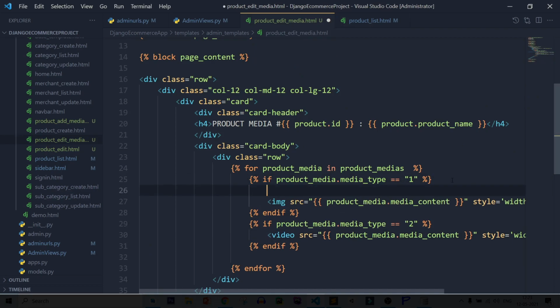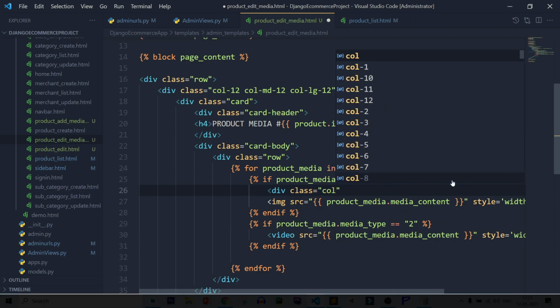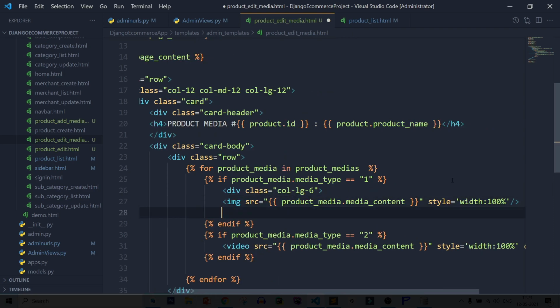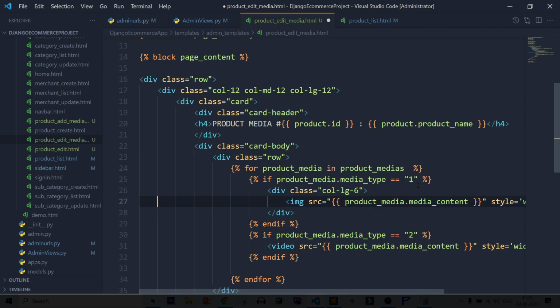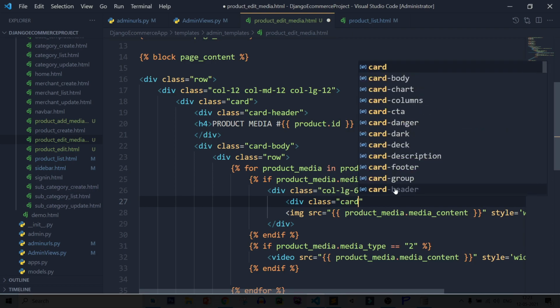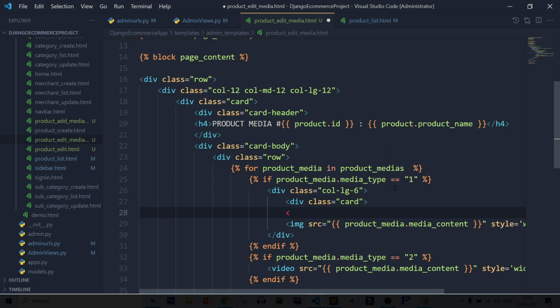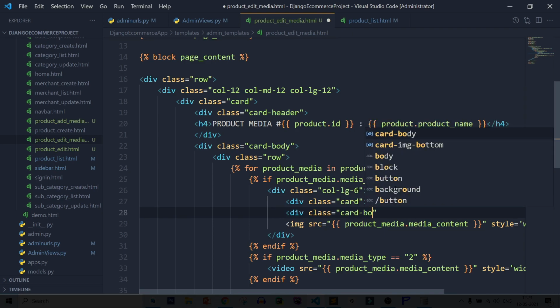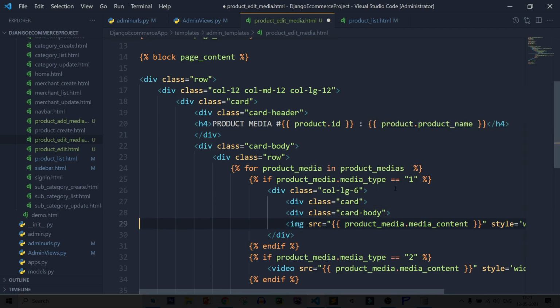So let's make it inside a card. So div class equal to col-lg-6, div. After that, make it inside a card. So div class equal to card, div class equal to card underscore body.